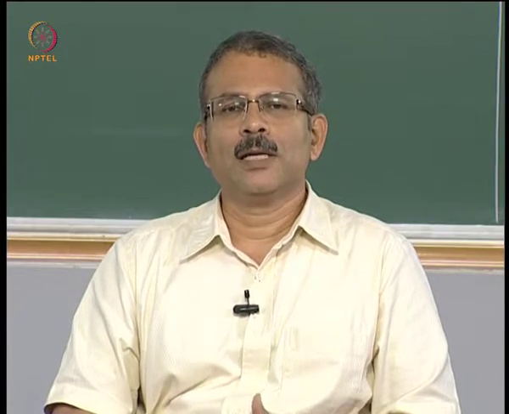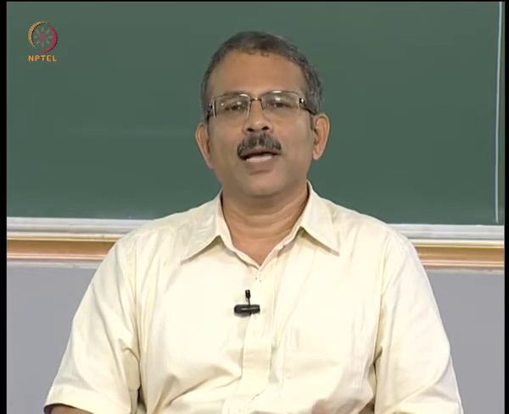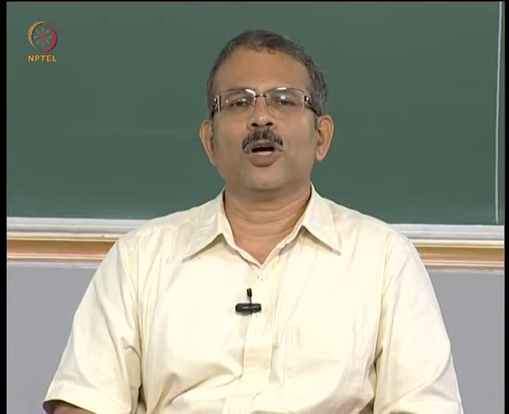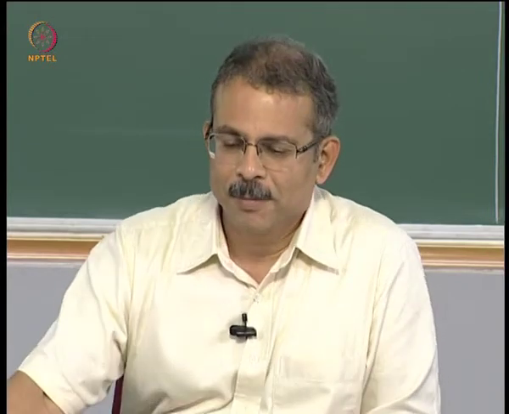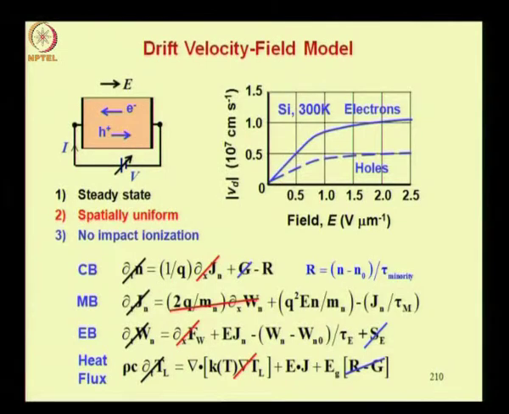Now this is because we have just now remarked that there are no excess generation or recombination, right? So therefore there is no energy contribution from these processes. Also note that because G and R have become 0, as obtained from the carrier balance equation, the R minus G term here in the heat flux equation drops out.